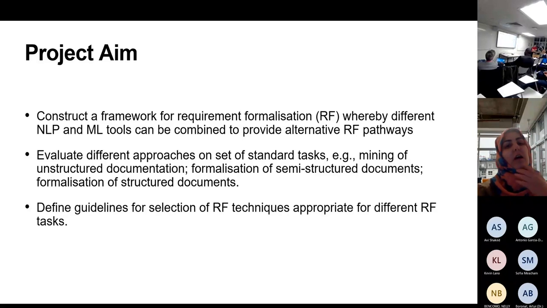And finally, the final goal for this project was to provide a guideline for selection of requirement formalization techniques according to the specification of a particular task. So which technique is more appropriate for which particular task.